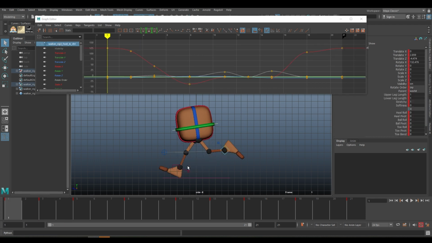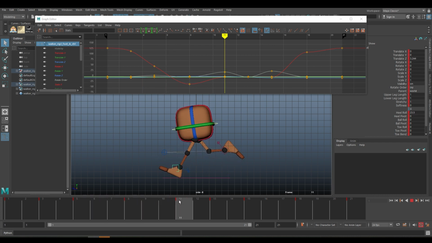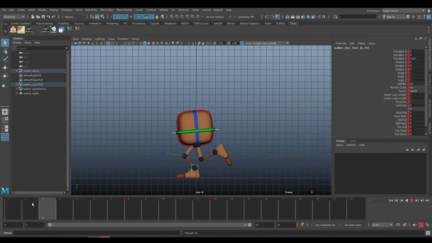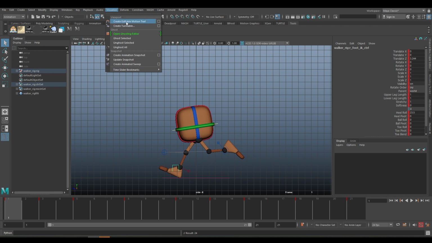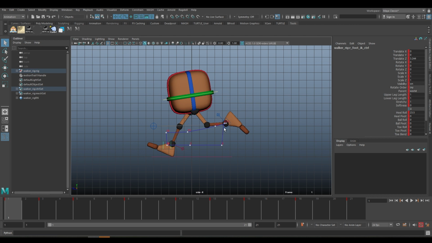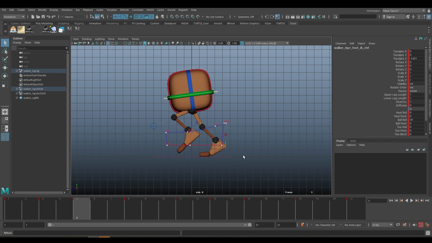Now the same thing, we have to make sure that our legs are going in the proper direction. To clean the legs, I can show you one thing. Go to the animation, you can use the visualize, create an editable motion trail. Now you can see the motion trail. So basically the idea is our character's graph should be fine